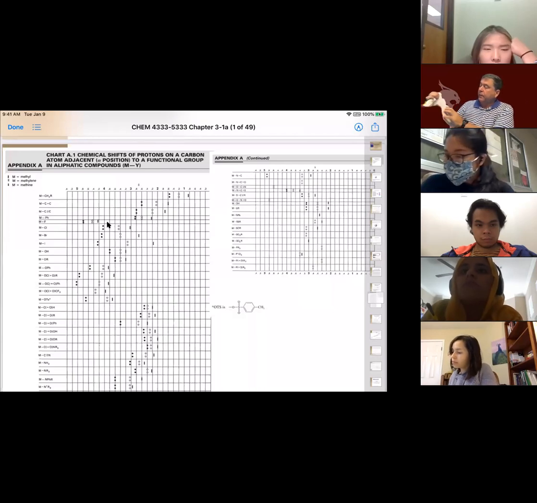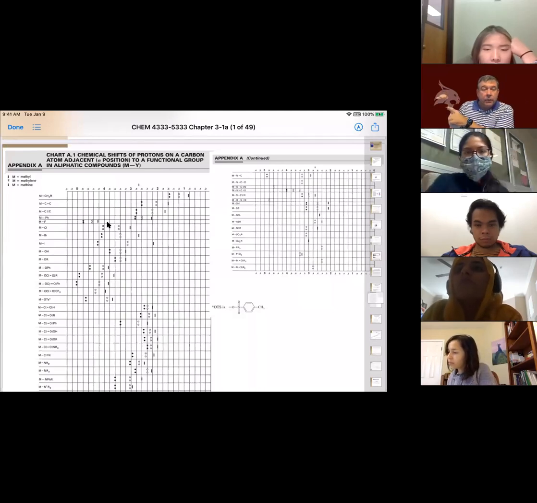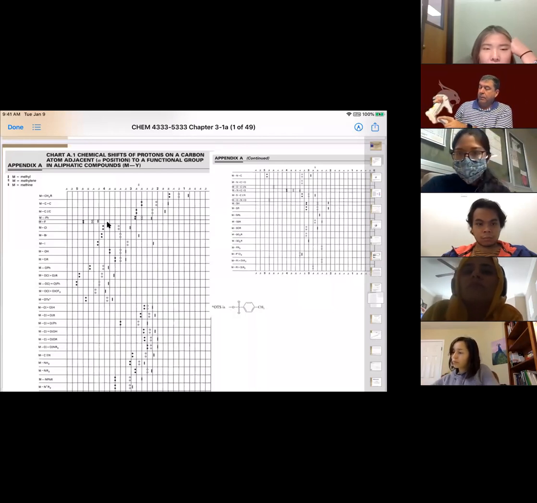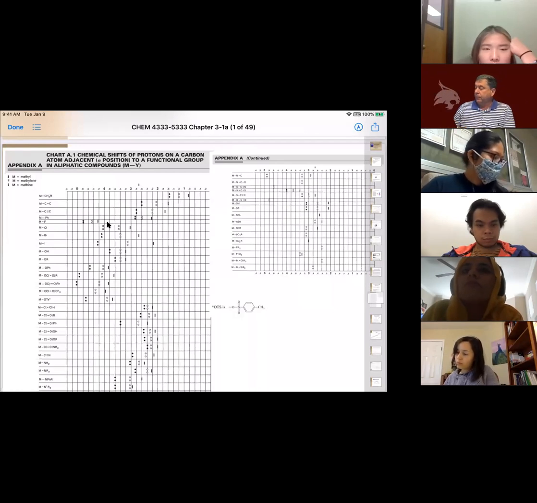So if we look at our table in our book, let's look at the first one here, and it's the M, which is a methyl group next to a CH2 and the R, okay? So what this is saying is that a methyl group attached to a CH2 is going to show up at approximately